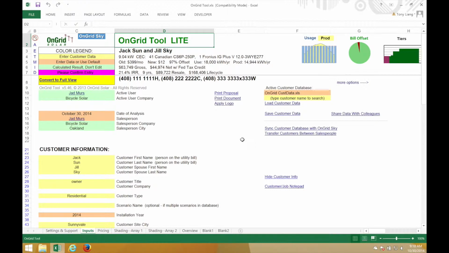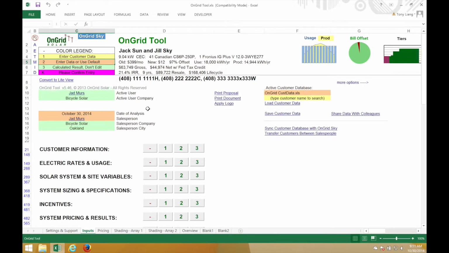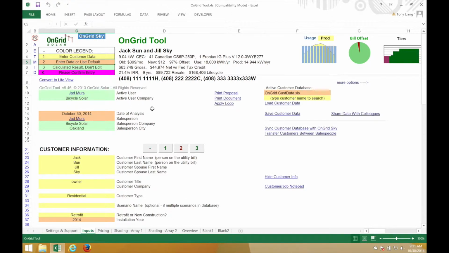We'll begin in the input sheet, as you can see down here, and convert to full view at the top left. I'll also open up each section to level 2 by clicking the 2 in the color legend. Now, this tutorial is not going to go line by line, but will focus on the most important elements for creating a residential proposal. If I skip any lines, it's because they're not very important, or you can get back to them later. I'll begin by entering in the customer's name,